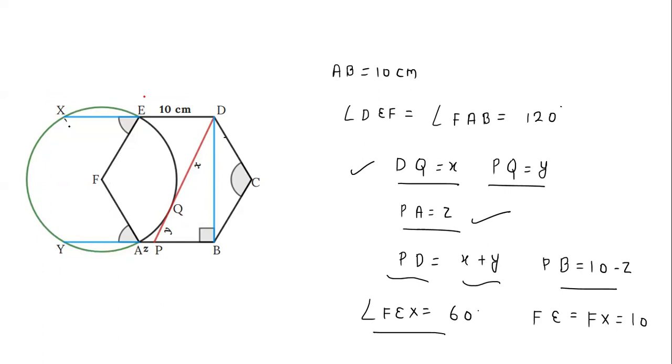And if this angle is 60 degree, then if I join this point to this point, then I know this is the 10 centimeter, which is the side of the hexagon, and which is also the radius of this circle. And we also know this FX length is also equal to the radius, so this is also 10. So this FEX is an isosceles triangle, so this side is 10 and this side is 10. So if this angle is 60, so this angle will also be 60 and this angle will also be 60. So this side length will also be 10. So this is an equilateral triangle FEX. Similarly here there is also one equilateral triangle, because this angle, as we know, it is 120.